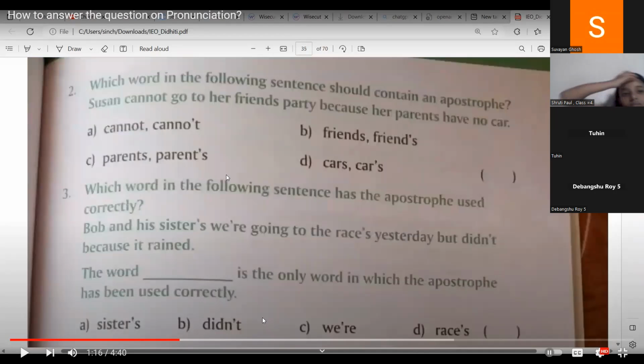Which word follows the sentence? Ma'am, sister. Bob and his sisters were going to the race yesterday, but did not because it rained. The word is the only word in which the